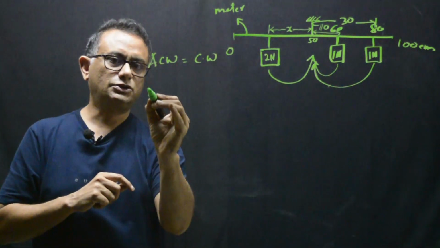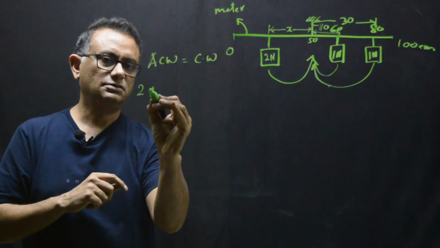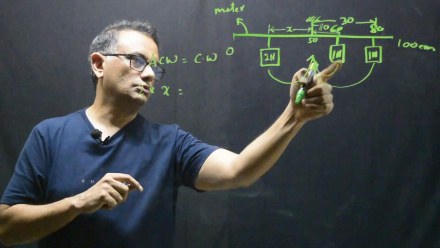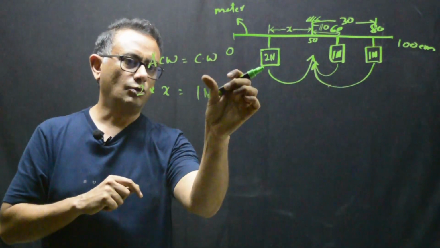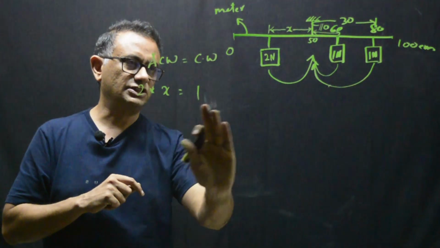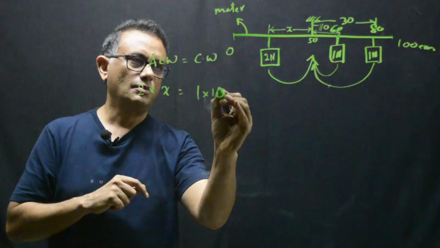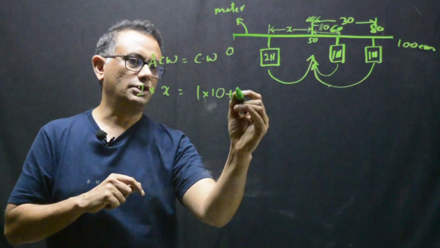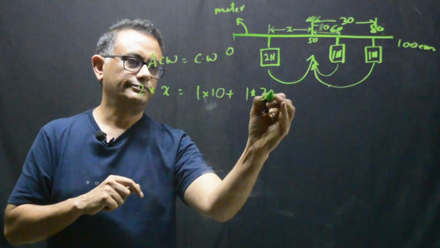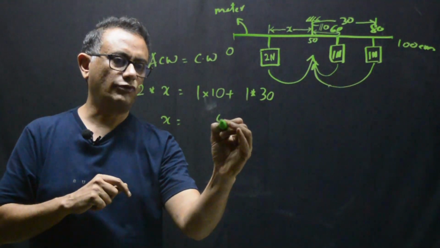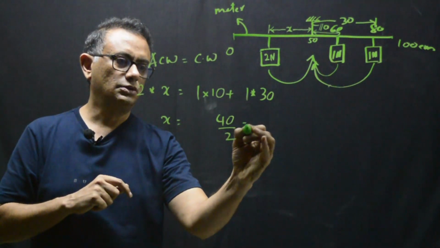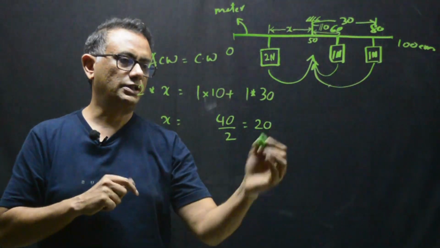So this will be 2 Newton into x is equal to the sum of the clockwise moments, 1 Newton into the first distance, which is 10, plus again 1 into 30. So x is going to be equal to 10 plus 30 is 40 divided by 2, that is 20